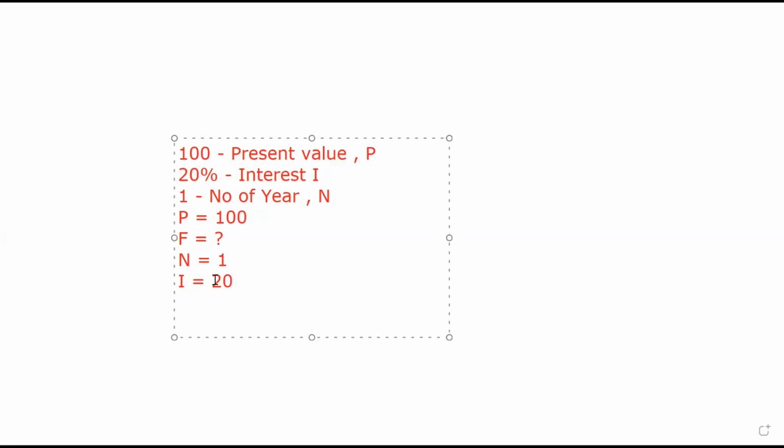So the formula for that is that I'm looking for the future value, and the future value will be a function of the present value. Then using the formula, listen to me, 1 plus interest rate raised to power